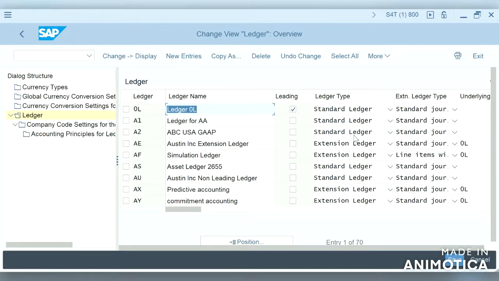There are two approaches to document the transactions: one is the account based approach and the other is the ledger based approach. What is the difference between these two? The account based approach will record the transactions.